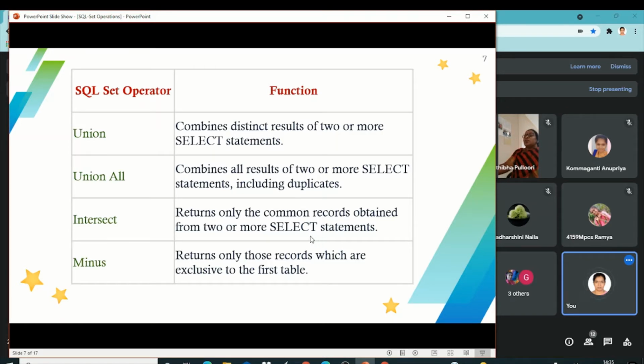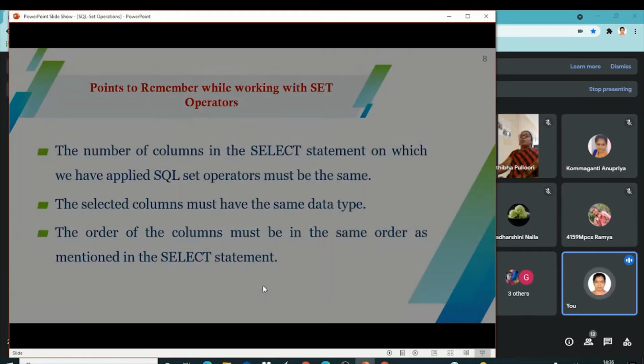The common rows from both tables can be selected when we use intersect. Minus returns only those records which are exclusive to the first table. It eliminates records that are also in the second table. These are the different set operators.